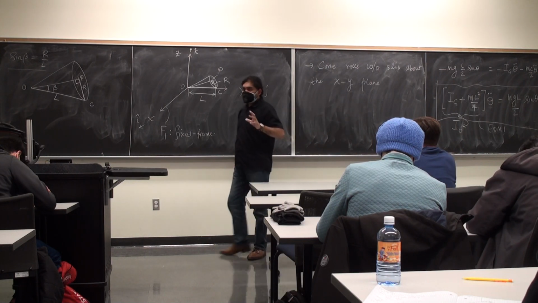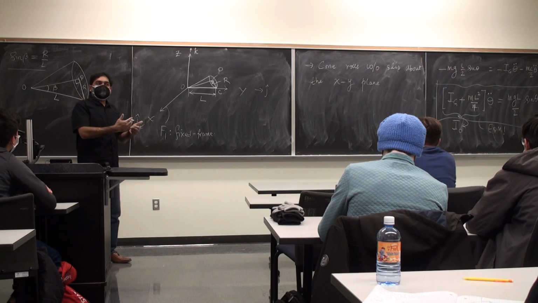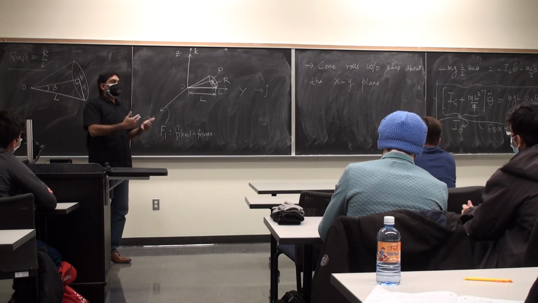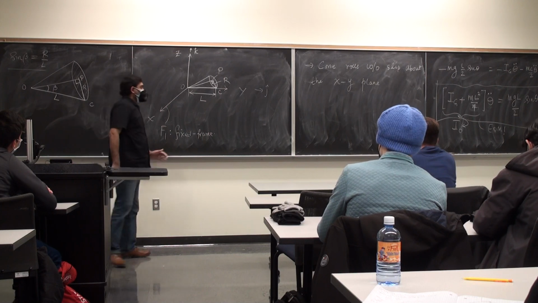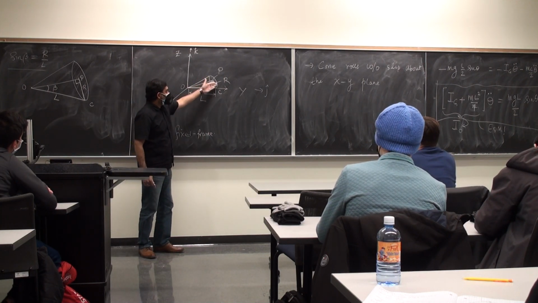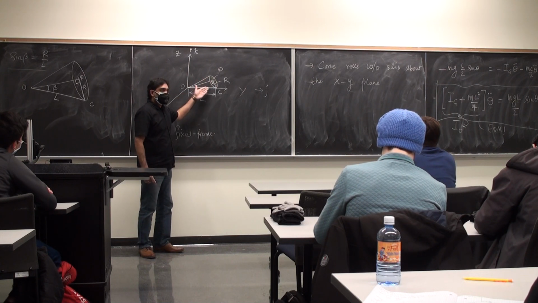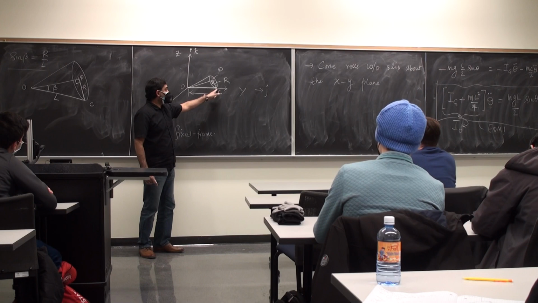If an object is rolling without slip relative to another surface, what does it mean? It means that the relative velocities are zero at the contact. So if I were to look at just this circular creature here, at any instant in time, the velocity of the point of contact